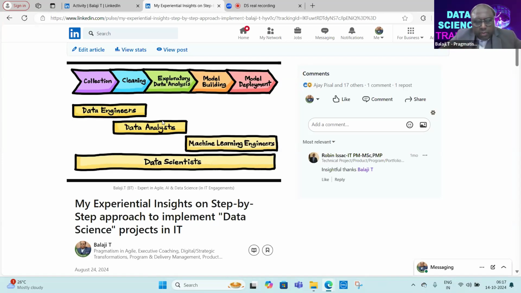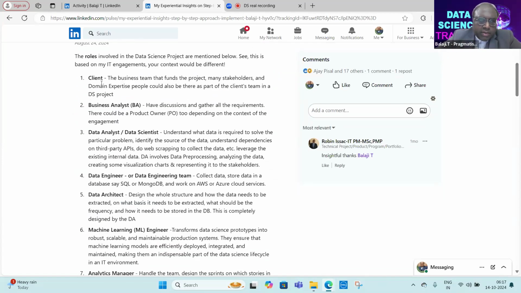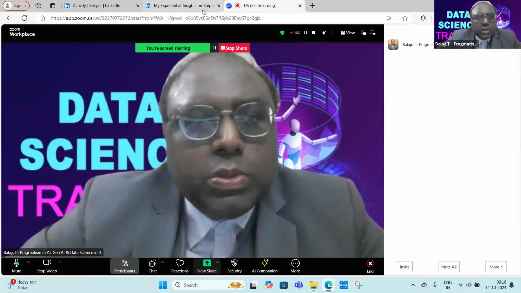Okay. Now, your machine learning engineers will come in EDA, building the model and then deploying the model, and your data scientist is going to cut across all these particular flavors. Now, here I have written the roles. Okay, client, business analyst. I told you some time ago, right? You may need to interact with multiple diversified target groups or user personas.